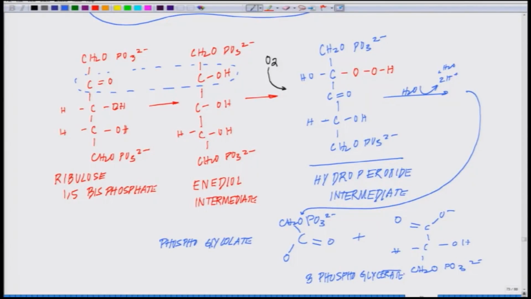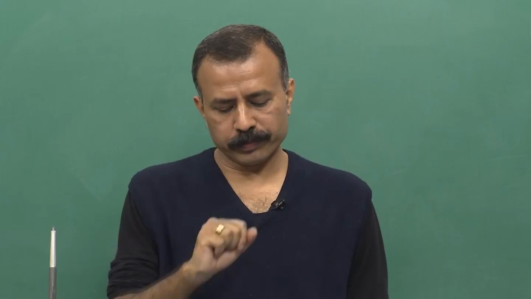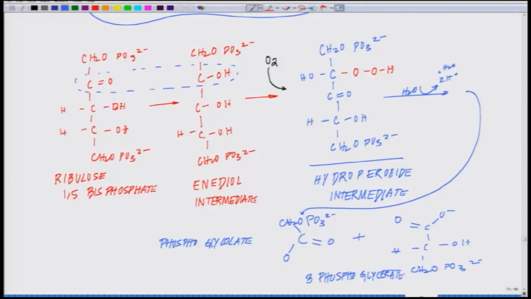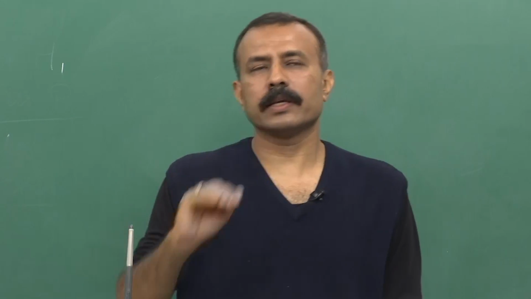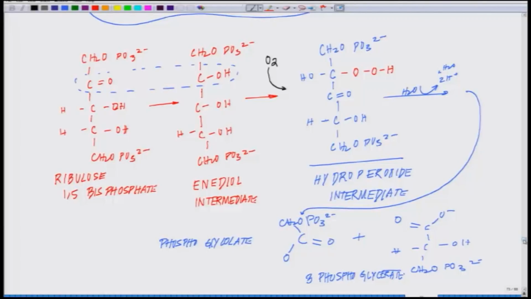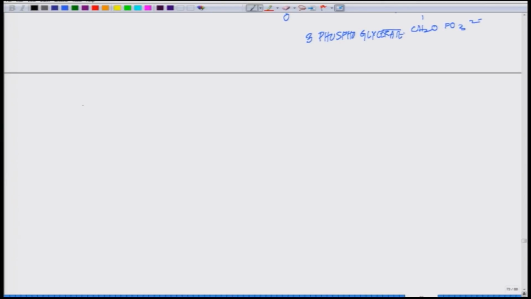But if you look at it, you realize that you are no more getting 2 phosphoglycerate. What you are getting is 1 phosphoglycerate molecule and 1 phosphoglycolate. What is happening to it? And what is the significance of this reaction? This reaction is essentially a process which kind of negates the carboxylase effect of RUBISCO, and you can also term it as, as it is being said, a catalytic imperfection,